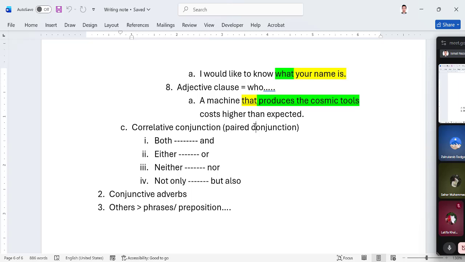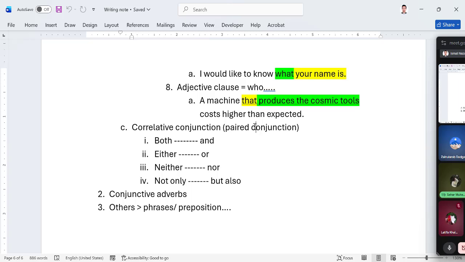So, in tonight's session, we will cover conjunctive adverbs. What are conjunctive adverbs and how to use them in order to connect two different ideas? So use them to connect different paragraphs, especially. So that's what we discuss tonight. Before going to that, who can tell me what is a conjunctive adverb itself?